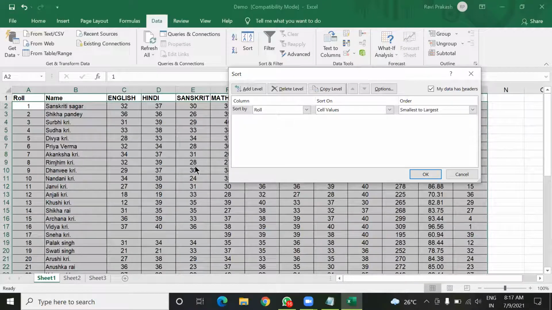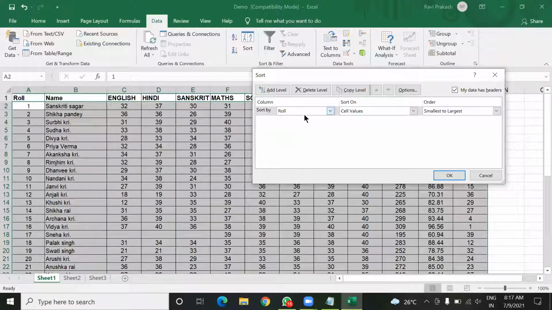From here you can sort columns as per your requirement. For example, the first column given here is the roll column. From here you can select any column as per your requirement and sort on.